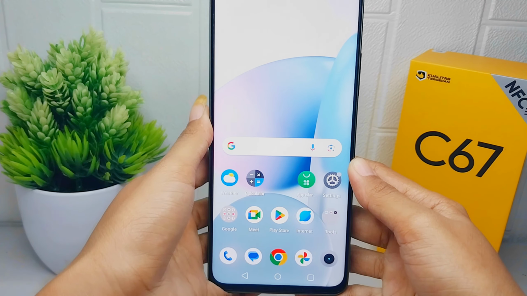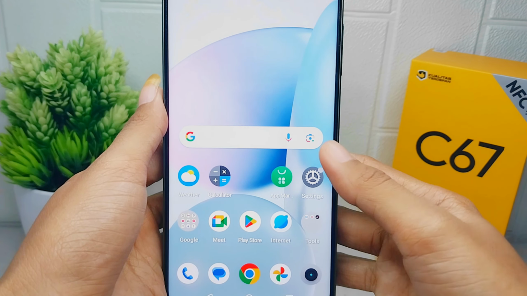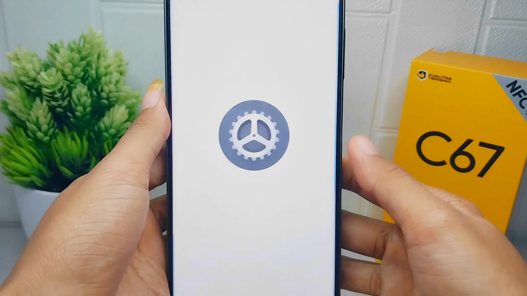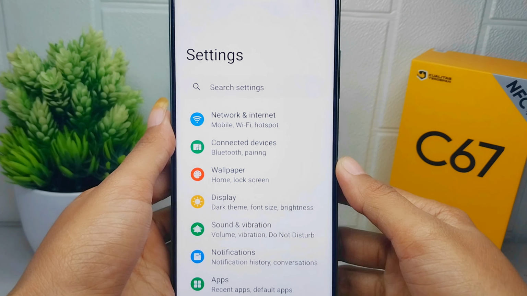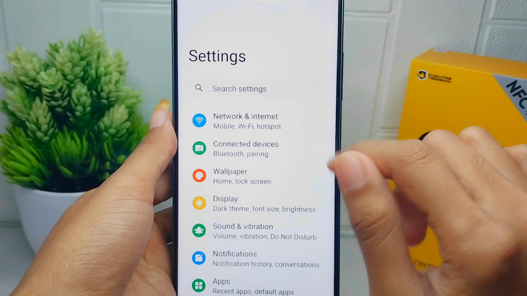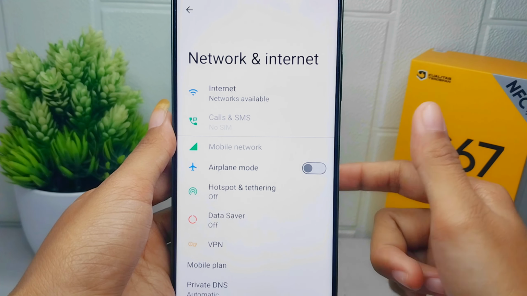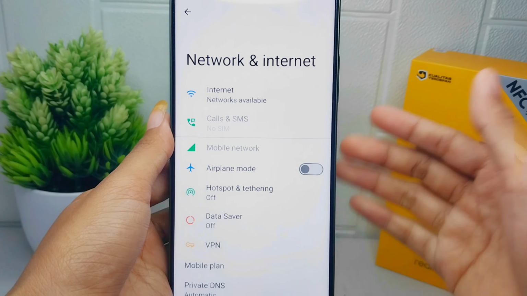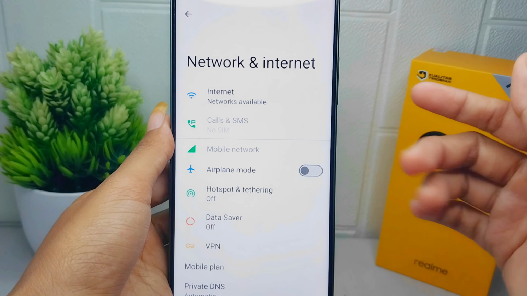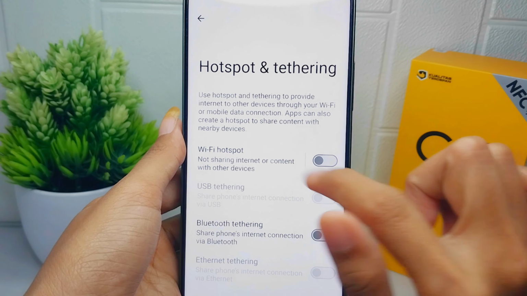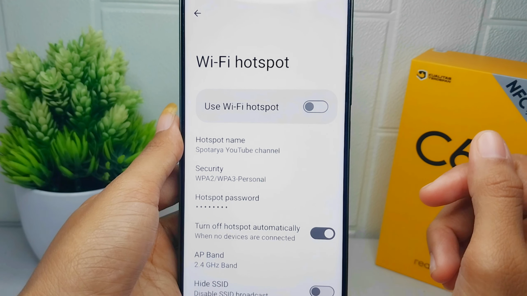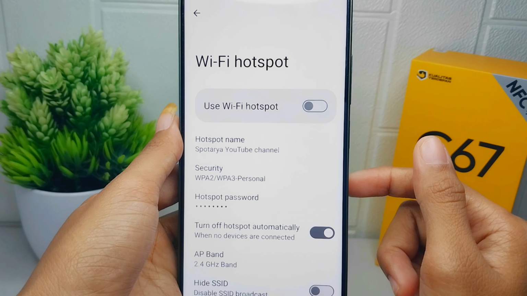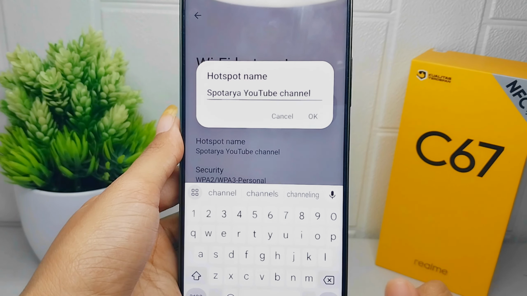First things first, open the settings menu on your device. After that, choose the first option, Network and Internet. In this section, choose the Hotspot and Tethering option, and then please select Wi-Fi hotspot. To rename your hotspot network, choose Hotspot name here, and then customize it